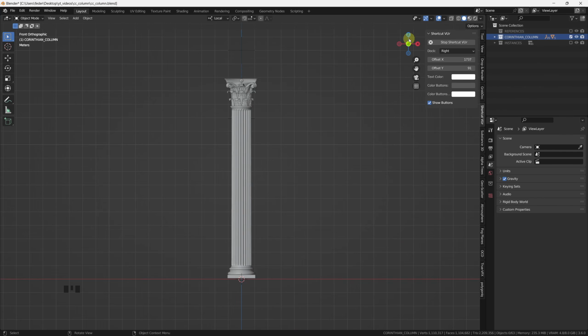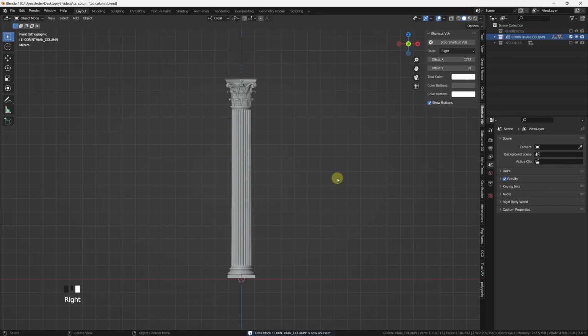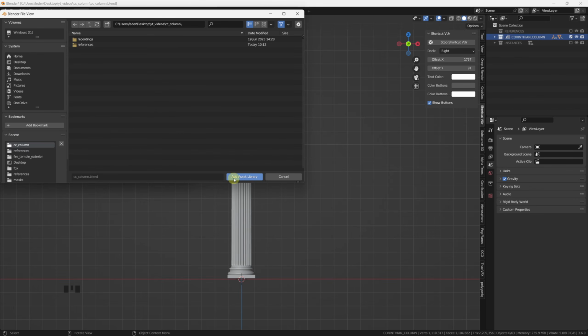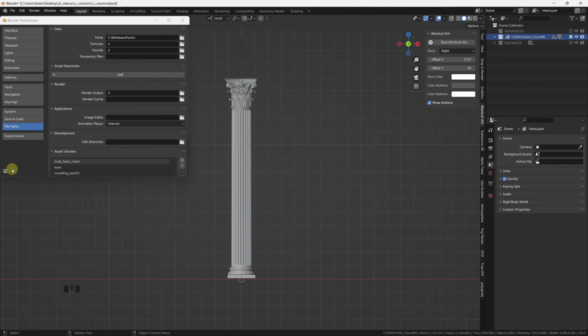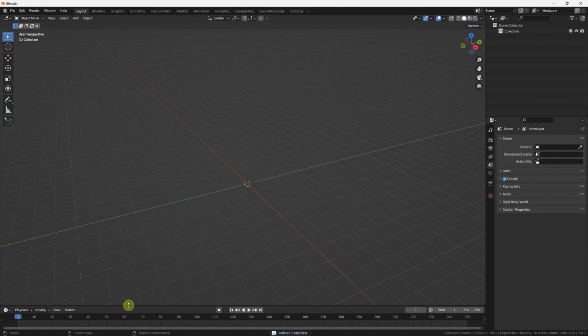The second option would be to select this Corinthian column collection, right-click, and mark as asset. This means that we can access it through the asset browser. So all we need to do is under Edit, preferences, and file paths, we can add the folder where this file is stored and add to asset library, and remember to save preferences. Now with a new file opened, I'm going to delete everything and bring up the asset